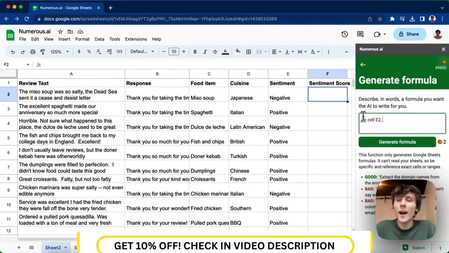Just a note, you have to be very specific with the cell references here. Numerous can't read the contents of your spreadsheet, so if I just said, for example, the sentiment, it's not going to know where the sentiment is in the spreadsheet. So you have to specifically say it's in column E. It doesn't know where things are, so you have to tell it what cells, rows, and columns the data you want to write a formula for is in. So I can say in cell E2, or